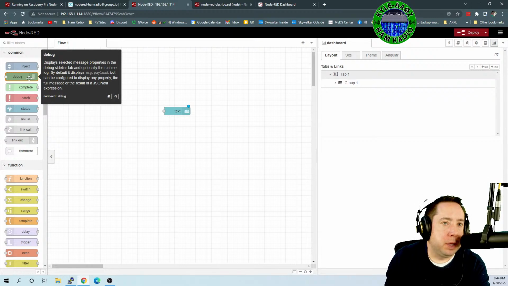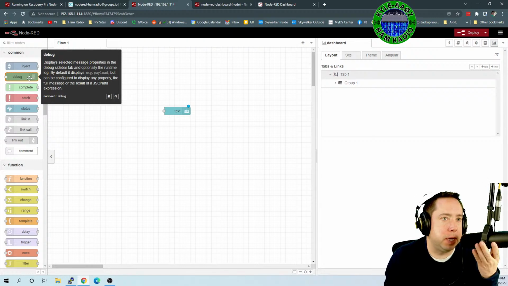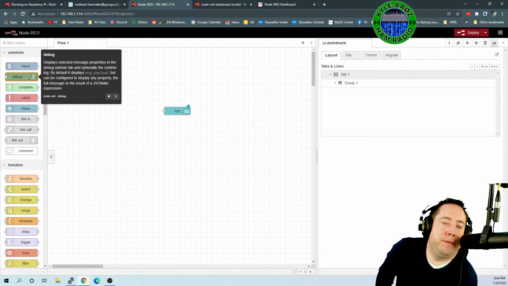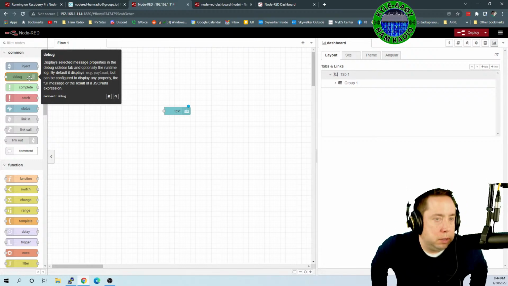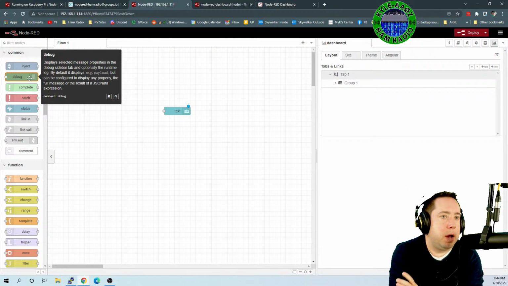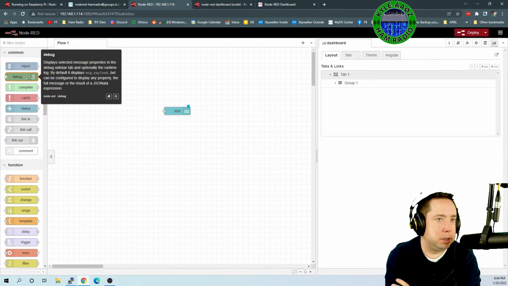So the one thing we're going to do is give your Pi a static IP. I'm going to show you how to make your Raspberry Pi a static IP. Two ways you can do this. And the second way, I really don't have a way of demonstrating this because everyone has a different router at